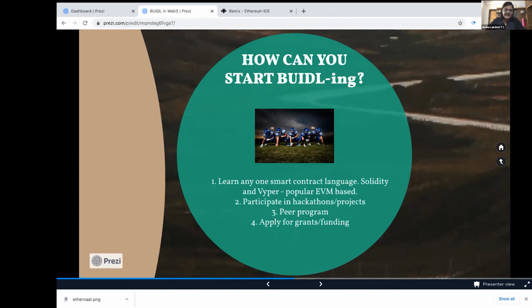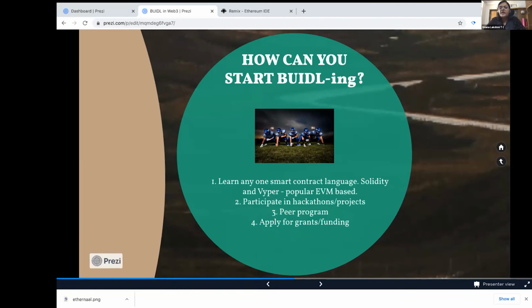That is, participate in some hackathons or volunteer developing for certain projects. There are a lot of projects right now in the ecosystem which do not have funding, so they are constantly looking for volunteers who can help them develop even small portions or bits and pieces of the project. If you can help with development, then that's a great learning curve for you, right? How do you build products in this ecosystem, and you're getting hands-on experience. This kind of experience you will not get easily in the web 2 space. However, in web 3 you have a lot of opportunities to get this kind of experience.